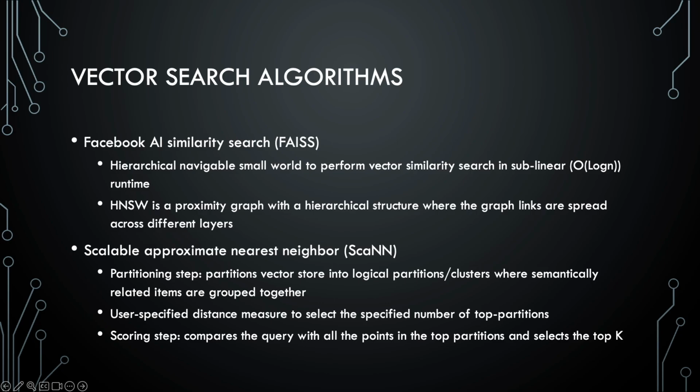Scalable approximate nearest neighbor, or SCANN, is a technique that uses approximate methods as well. It partitions the vectors into logical partitions or clusters, where semantically related items are grouped together. An operator can specify a distance measure to select the number of top partitions to consider for retrieval. A scoring step compares the original user query with all of the top partitions and selects the top k results